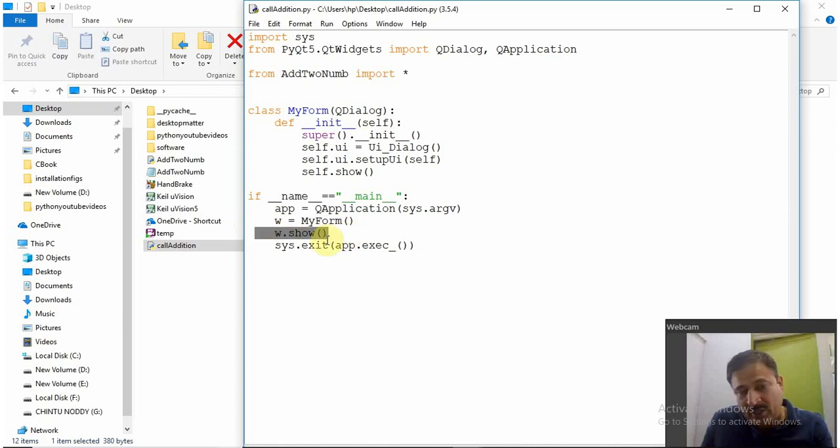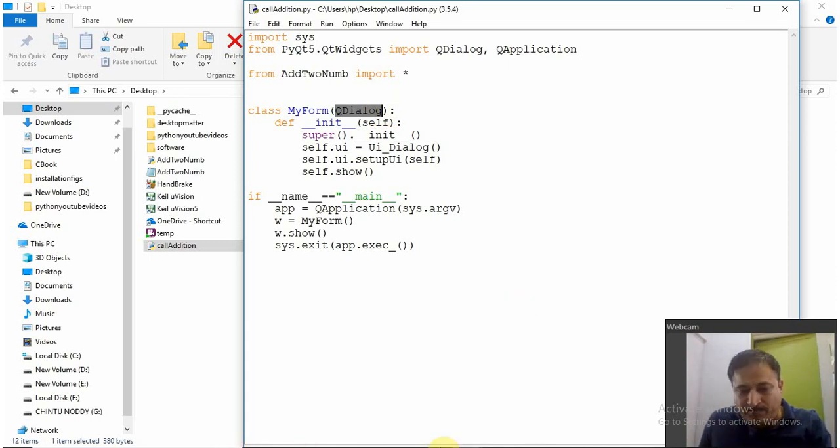You are displaying that form and this exit. This command will exit from the application. It will release all the resources that are assigned to your application. So basically you are just making a class, invoking that class by making its object and displaying the form through that custom class that you made, and your custom class is inheriting one built-in class QDialog, right? So this is simply displaying a form. It is doing just nothing.